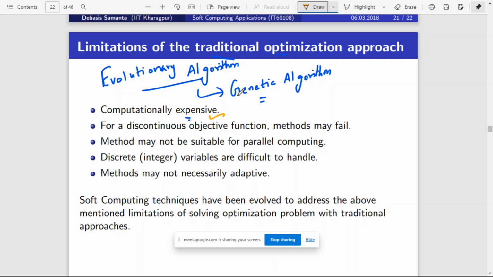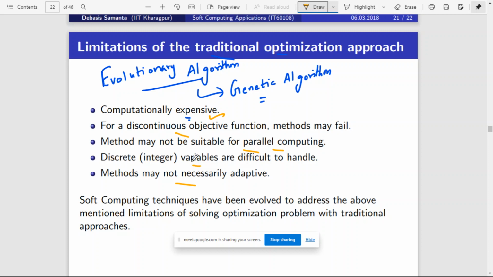And these functions generally tend to have discontinuous objective functions. That is, if you draw a graph for these real world problems, they may not be continuous, they may be discontinuous. Okay. And the traditional approaches are not suitable for parallel computing. It cannot be used with parallel computing, right? And also, traditional approaches cannot handle discrete values. It cannot handle discrete values,